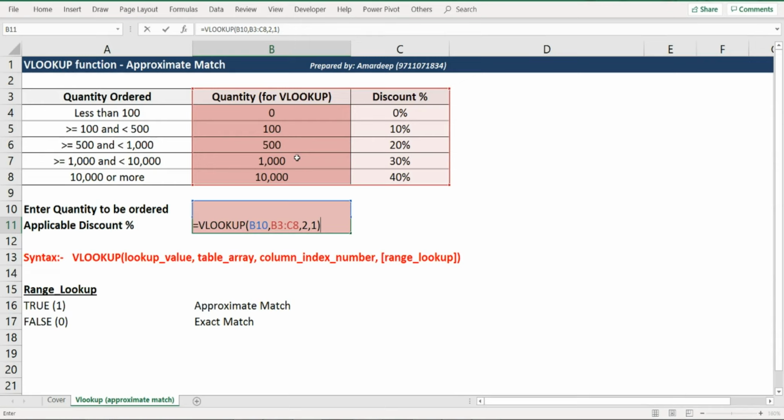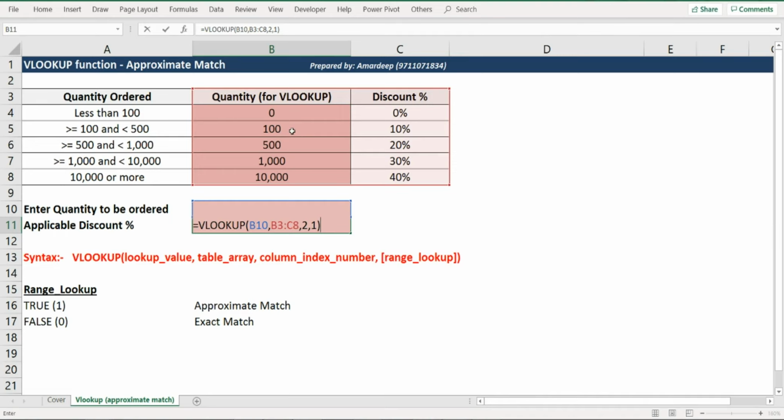So it is not literally an approximate match. It is basically a match which is just less than the lookup value. So that 490 units would also refer to the record number 2, which has 100 written over here in column B. And that's what we are looking for, isn't it? That's how we need to read this particular slab.